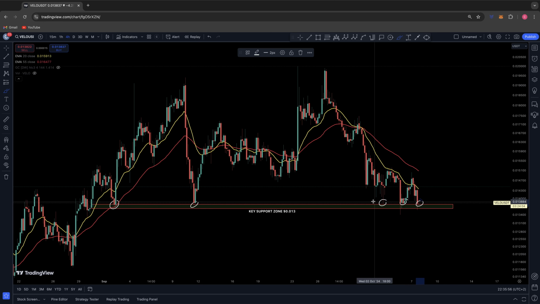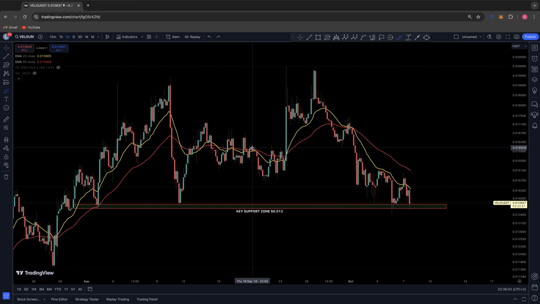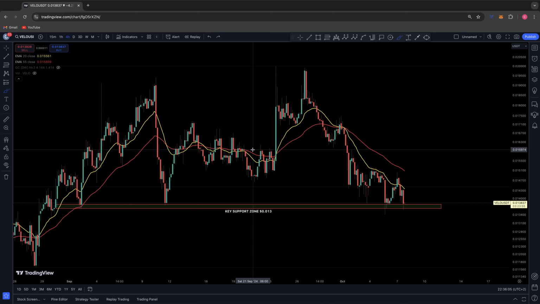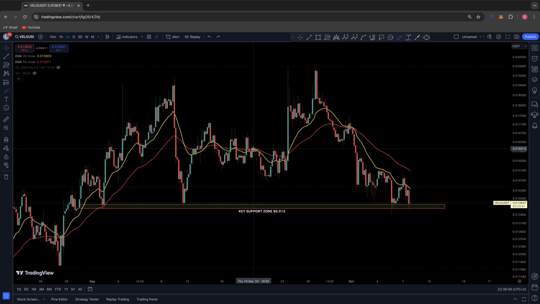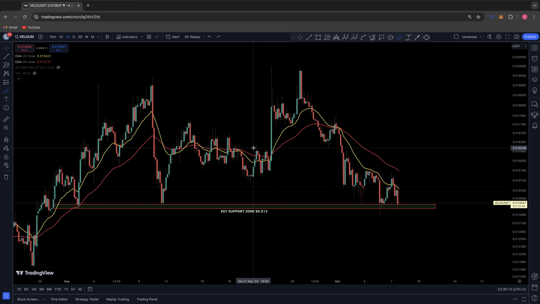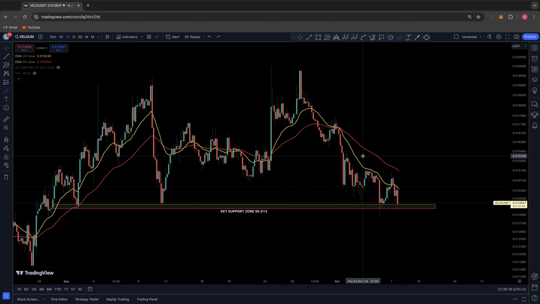So right now it's all about holding this key level of support for VELO moving forward. It has been holding for a couple of weeks, and we do need to see it maintain. Failing that, we do have key support zones below at 0.011, which I will get into in a second on the daily time frame. But just to analyze here a little bit more on the 4-hour,